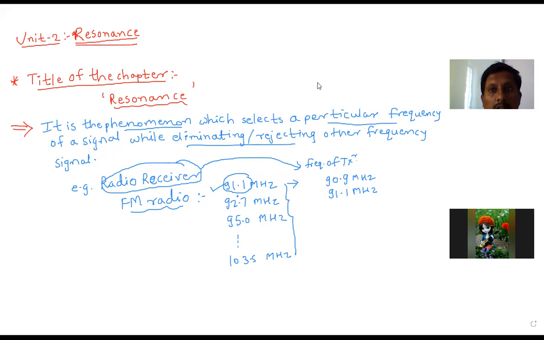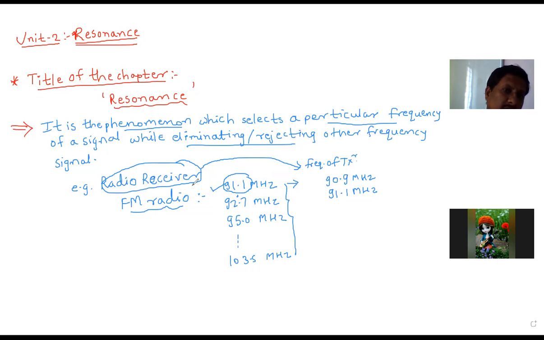Okay. Yes, sir. So this is the title of the chapter, the concept of resonance. You can remember an example, the best example is the radio receiver. It is available in your mobile, in any smart system like an LED TV, and in the automobile, that is car, four-wheeler, everywhere. It is also available in your radio or receiver, which is considered as a radio part. So everywhere we can catch this radio signal.